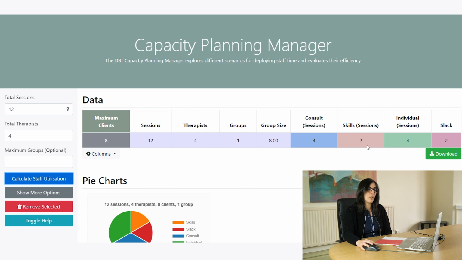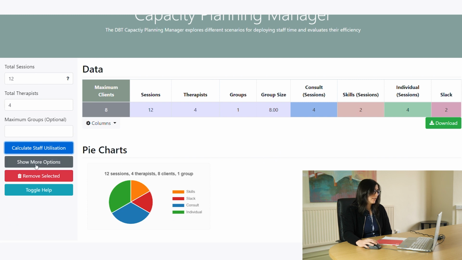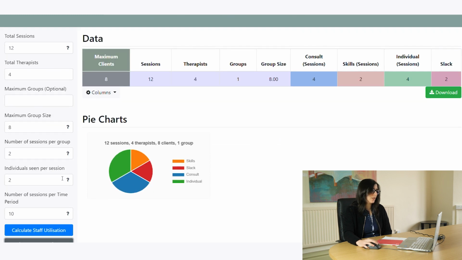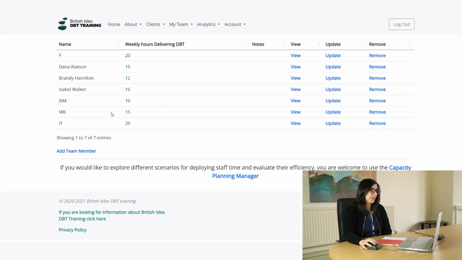So this shows you how you would use your time and how much time is spared. And you can then show other options and play a bit to see how you could make your team the best and most effective as possible. So if we go back, you can see your team here,